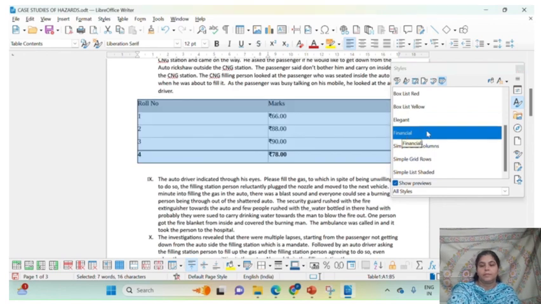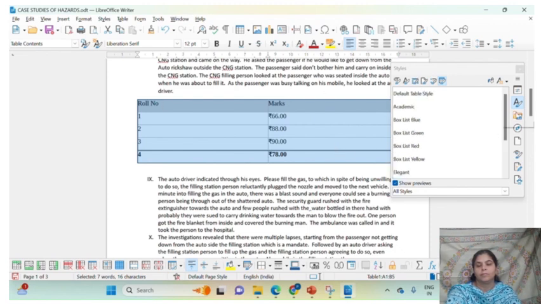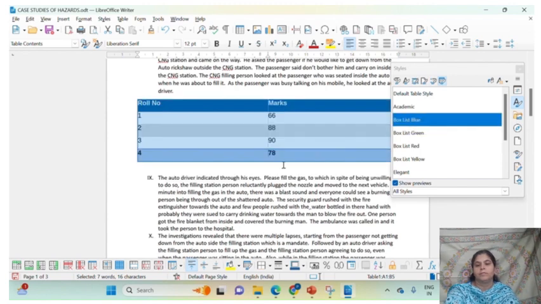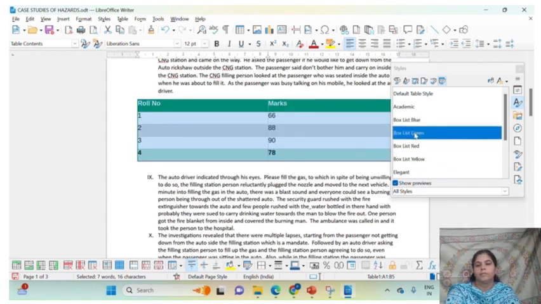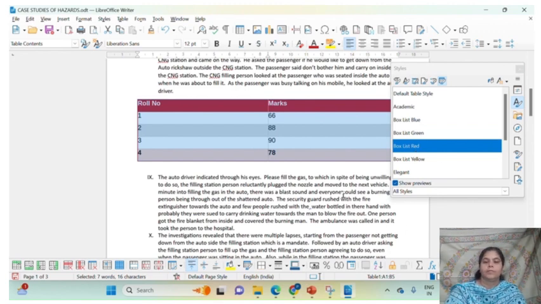As soon as you double click on the financial table style, you will see that the rupee symbol is displayed on all the relevant column data displayed inside the table. So financial is usually used in case you are going to mention some monetary figures in a monetary column. For that purpose you can use financial table styles. Otherwise there are endless table styles available, which you can implement as per your choice and need. So that was all about the types of styles and categories that we have implemented.